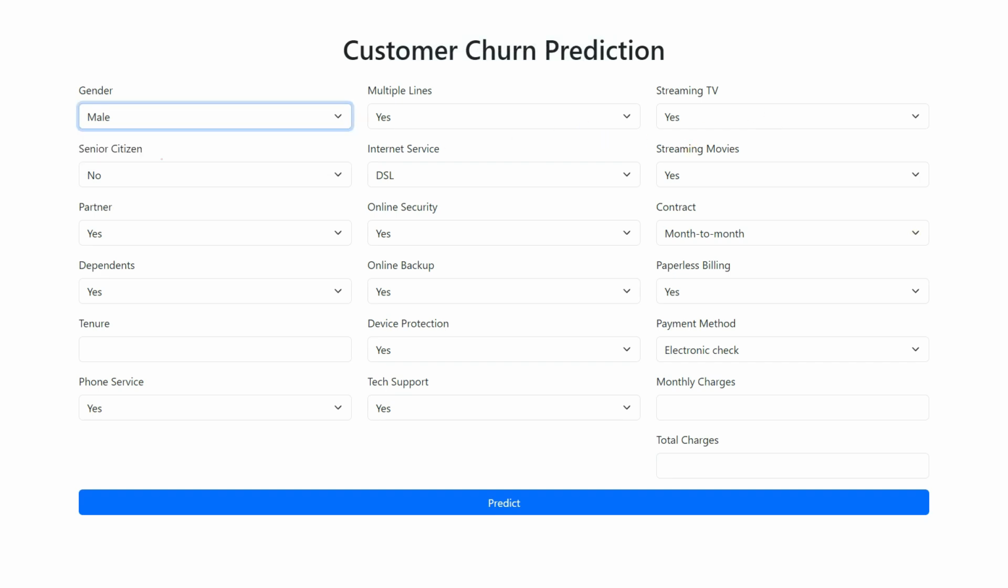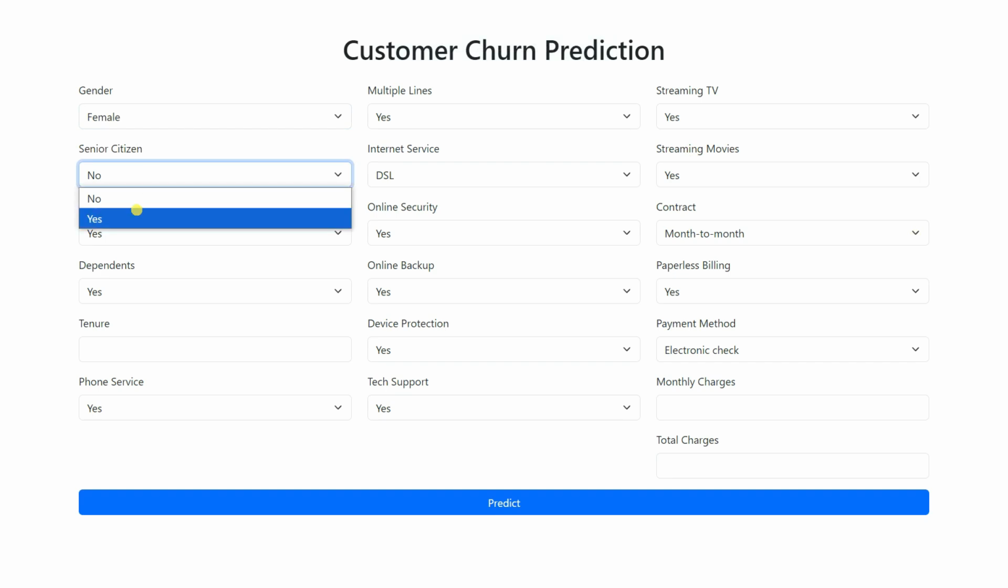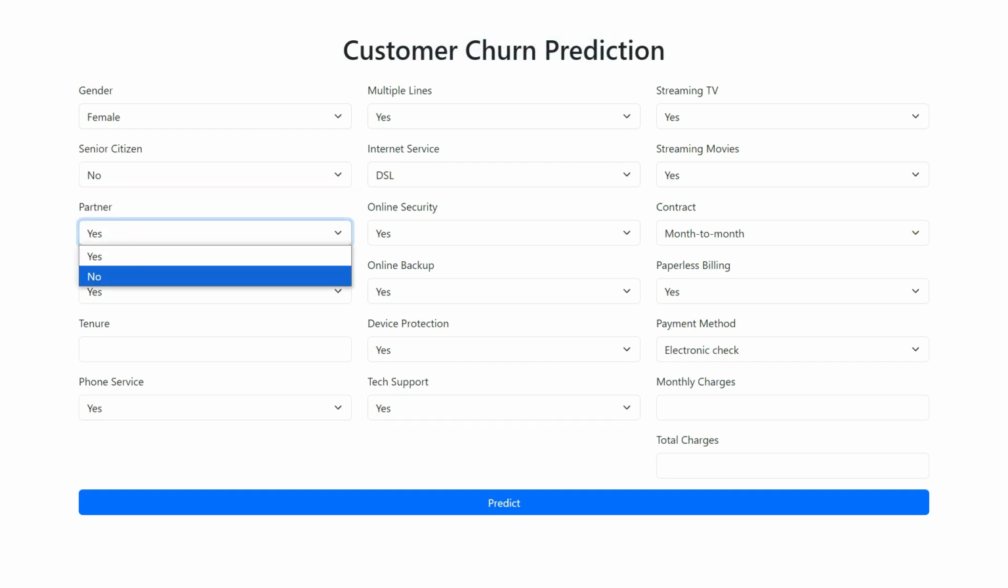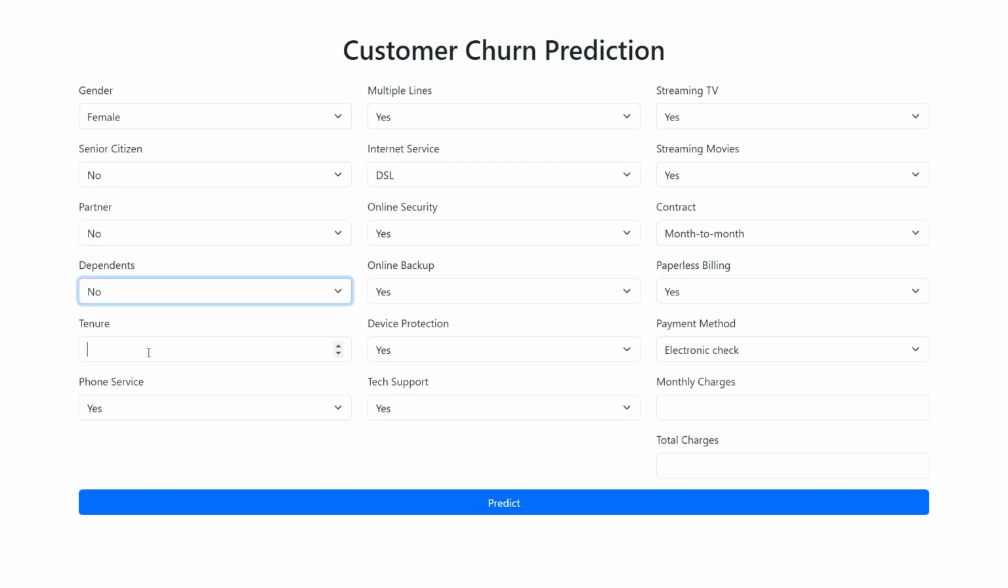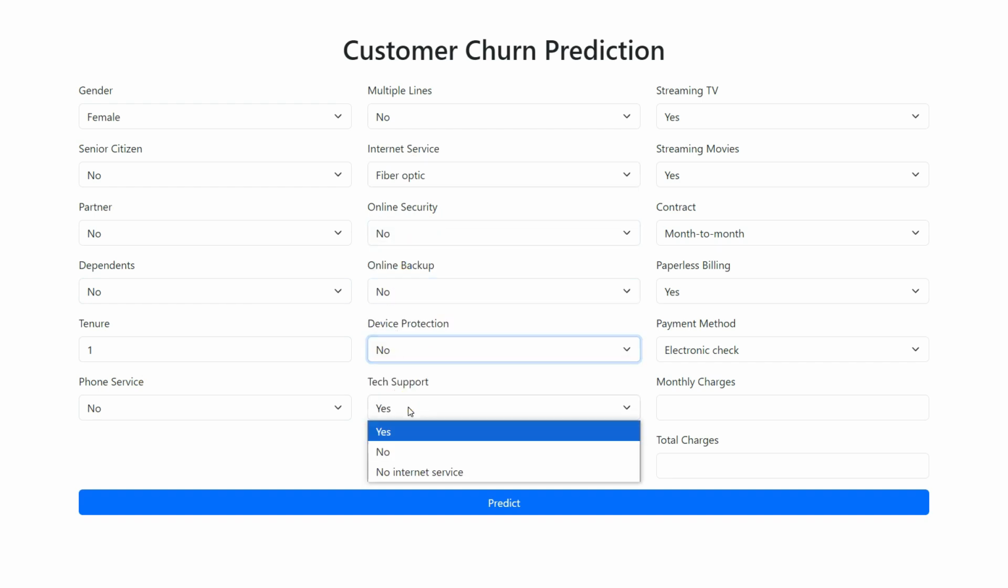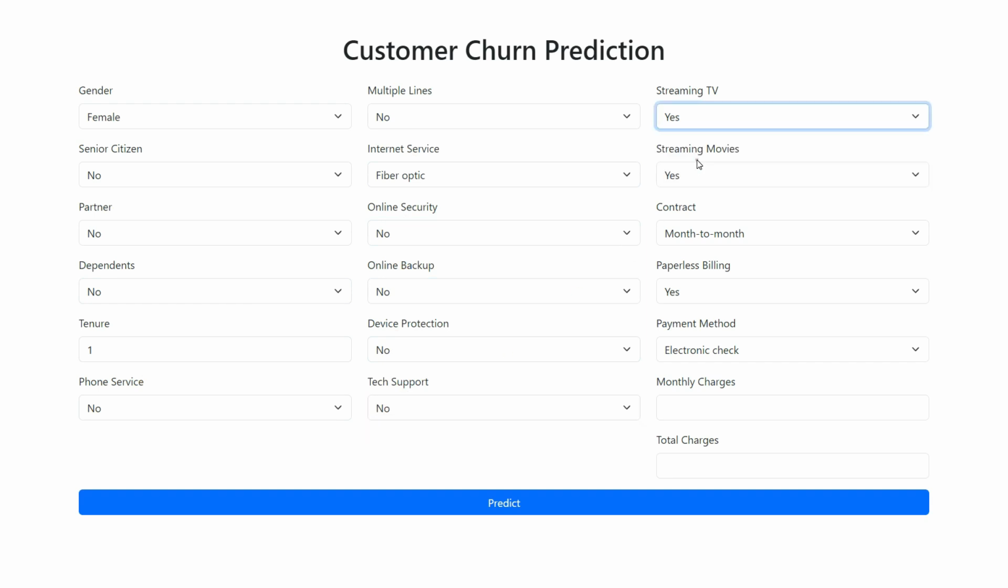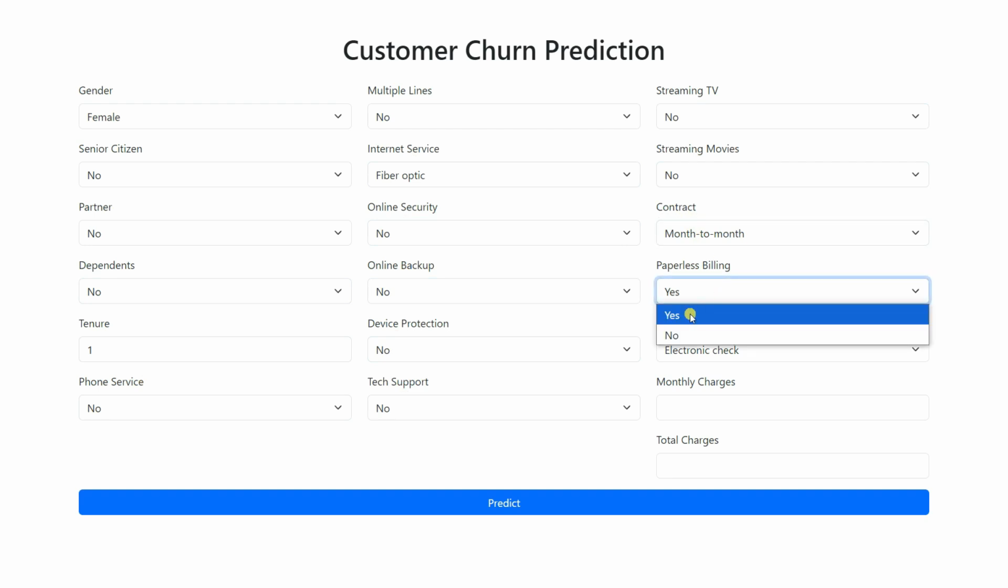Let's select the gender equal to female, senior citizen, let's say no, partner no, dependent no, tenure let's say 1, phone service let's say no, multiple lines let's say no, internet service let's say fiber optic, online security no, and online backup let's say no, device protection no, tech support no, streaming TV no, streaming movies no. Okay, contract is let's say month to month, paperless billing,